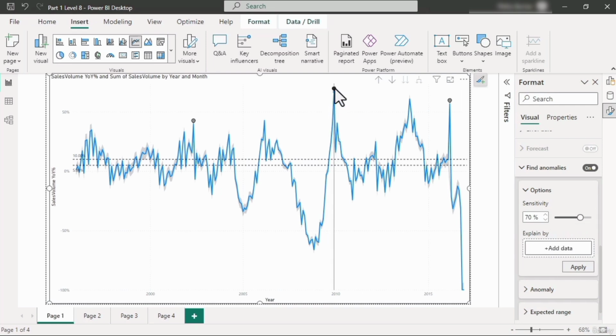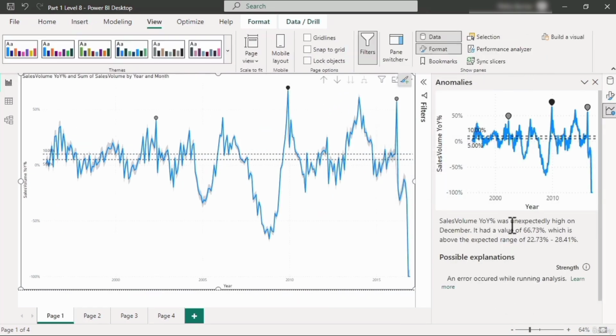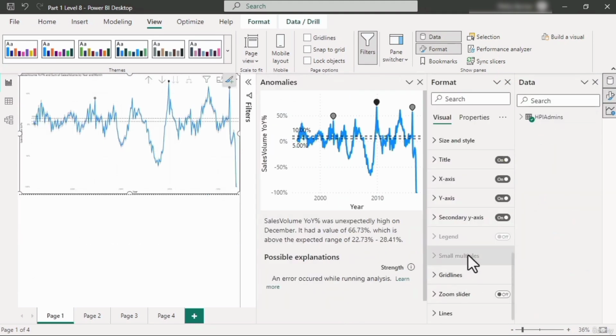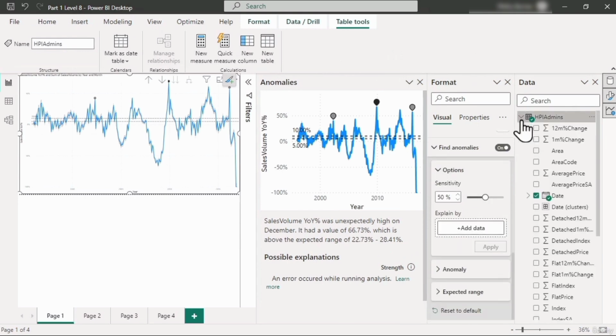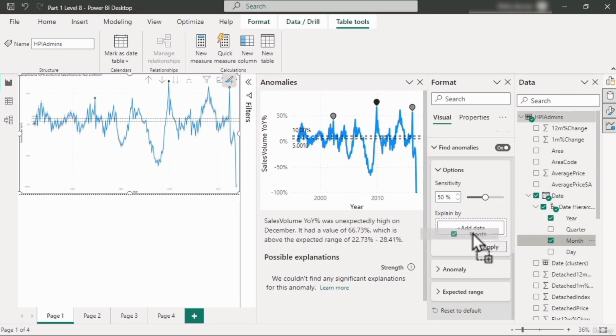Now if I click on any one of these, then we've got an explanation for the anomaly. It is unexpectedly high. Now, why is it unexpectedly high? Well, you can explain it by a particular data field. So I could drag into the date, the year, and say, okay, can you try and explain it by year? Apply. So we can't find any significant explanations for this anomaly. However, if I change it to month,